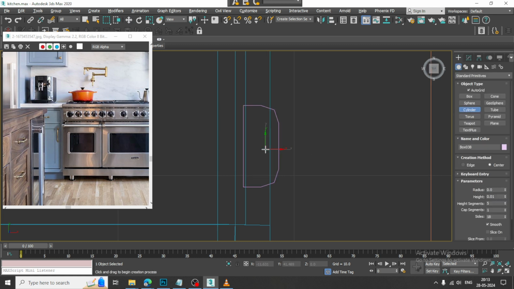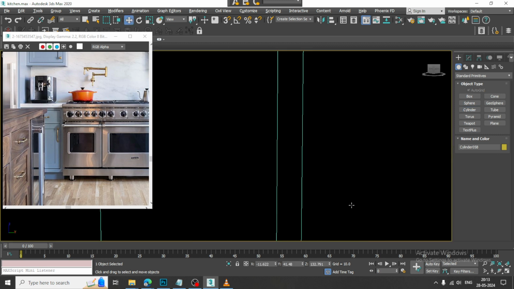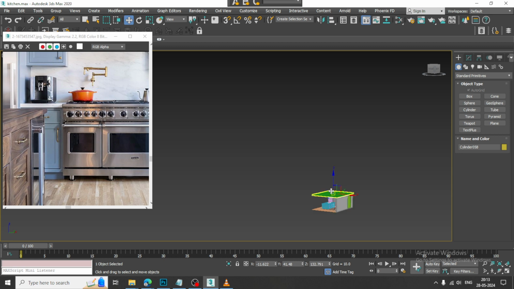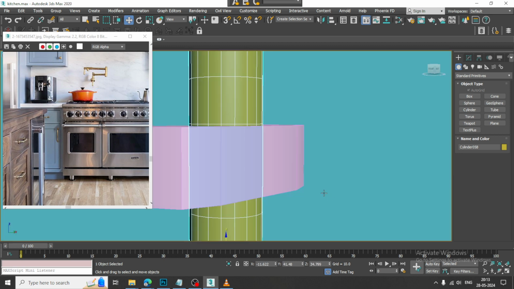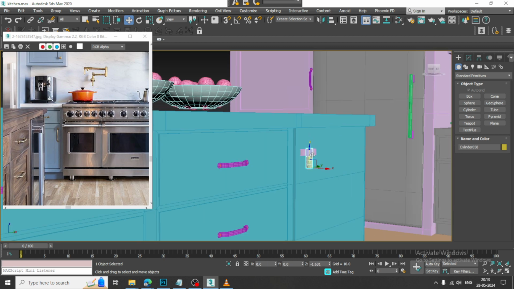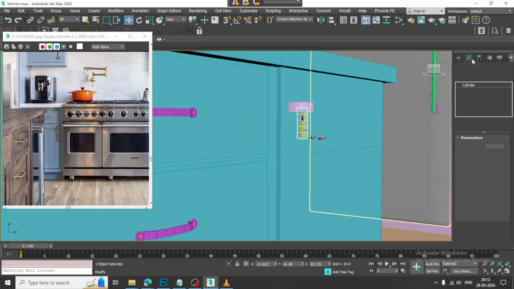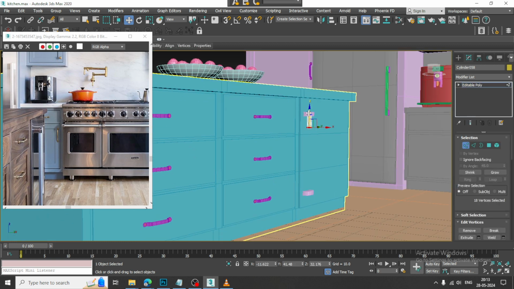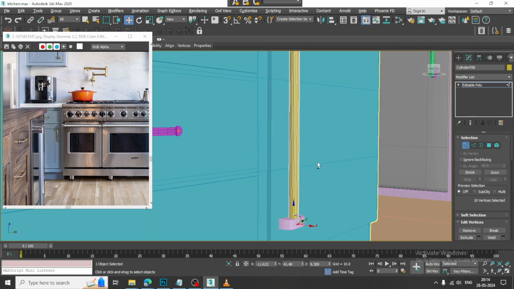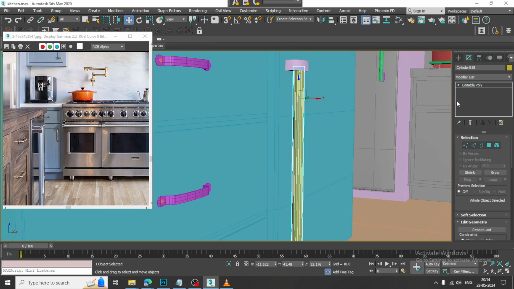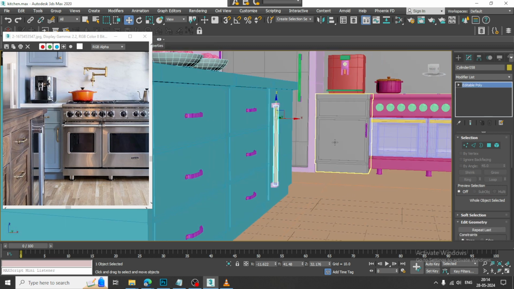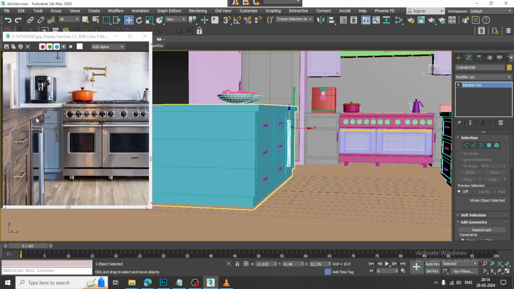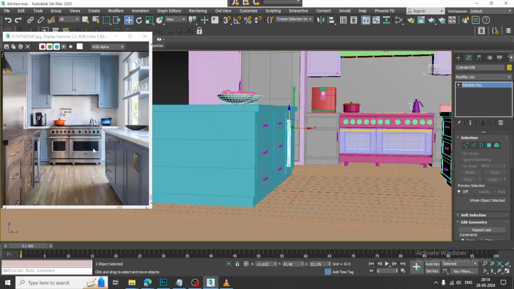So I can again go over here, take a cylinder, and drag this till here, convert to poly, alright. So let's start texturing this part,